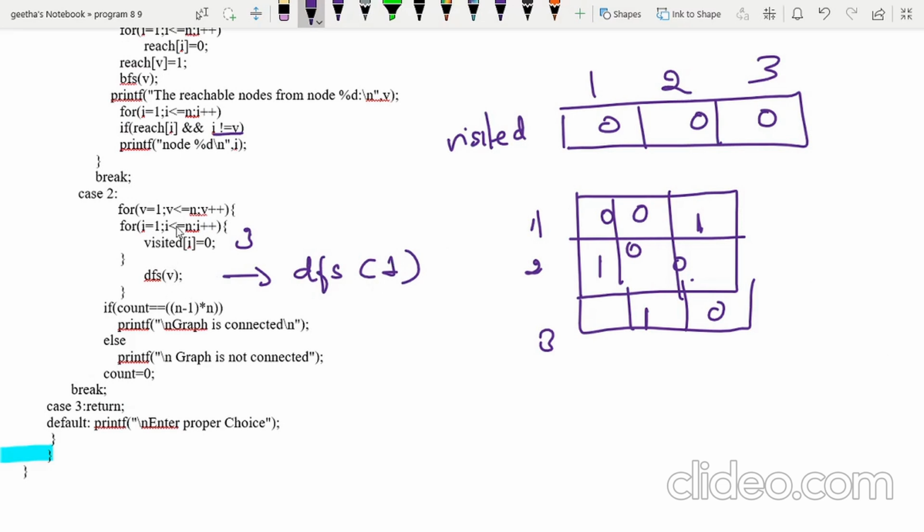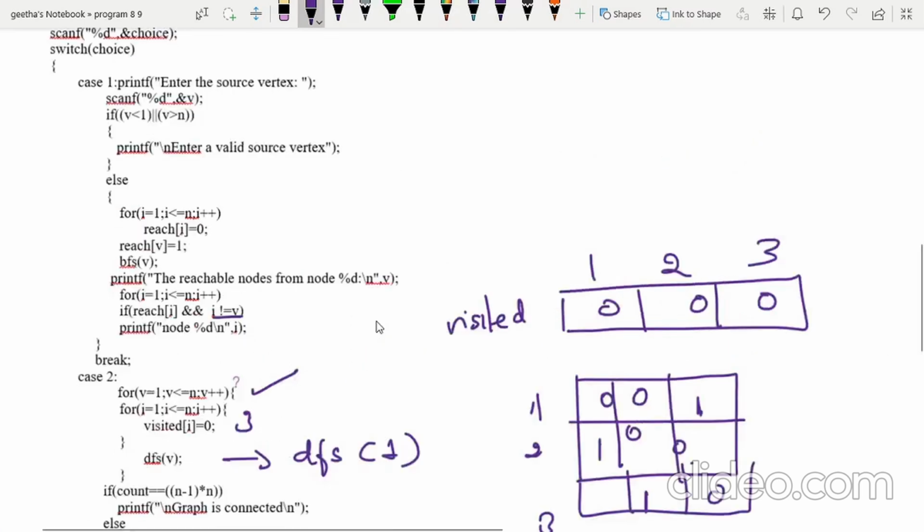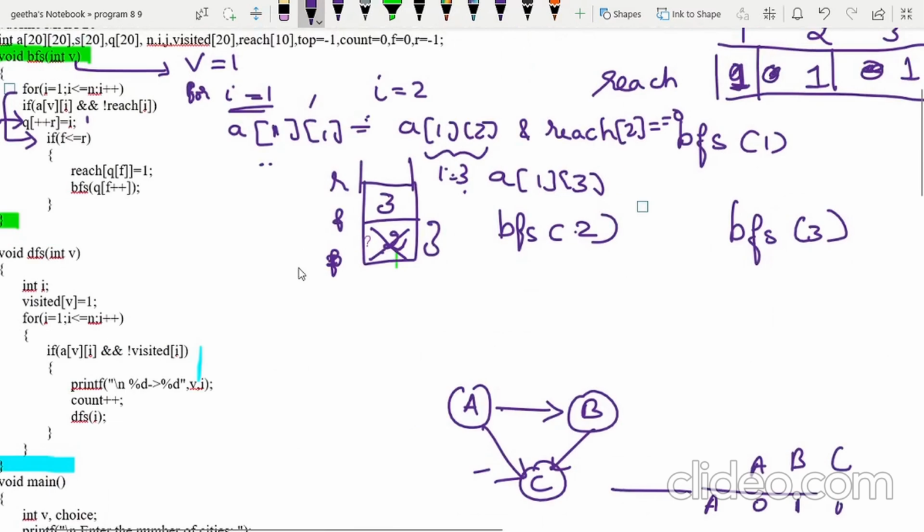That is why this outer for loop. Now I am going to check whether from 1 all other nodes are connected or not. So that's the reason I will go to the DFS function.